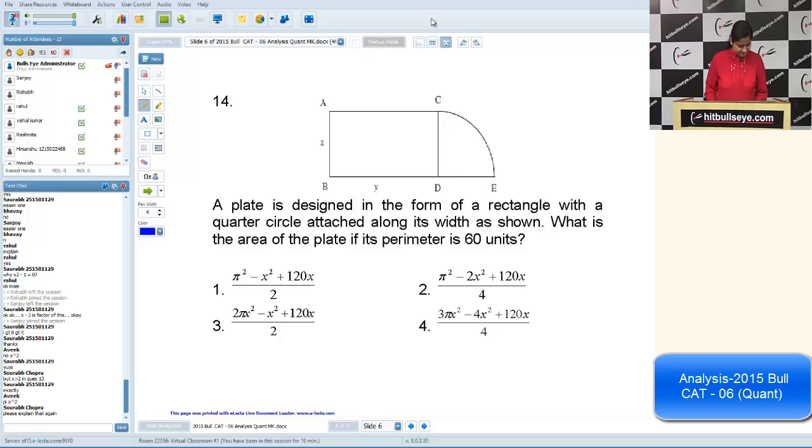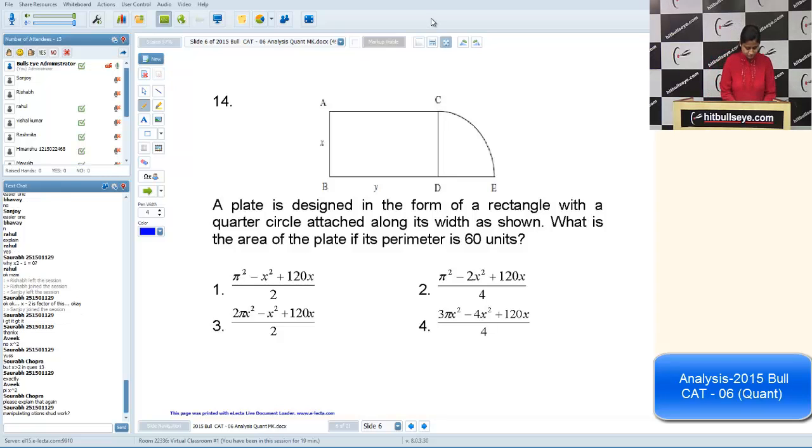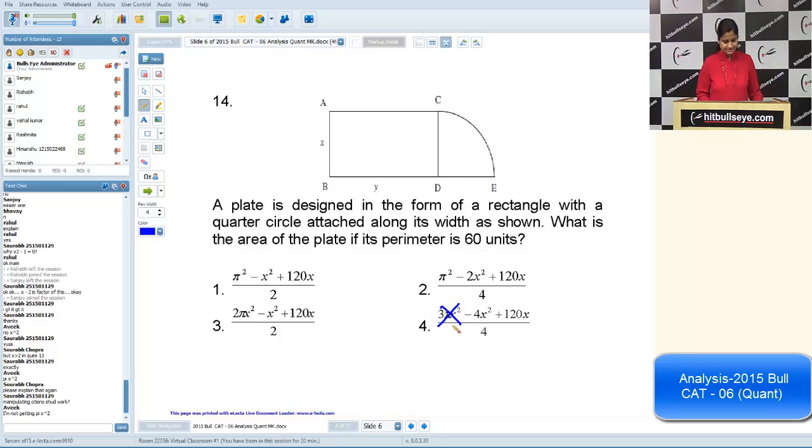Yes, 14th. The answer given is option number 4, but in this case we will cancel this factor 3 pi x square. Yes, Avik, the answer will be this option only,